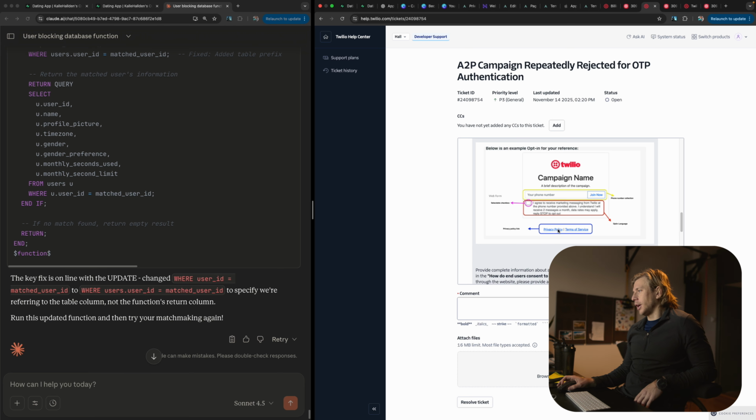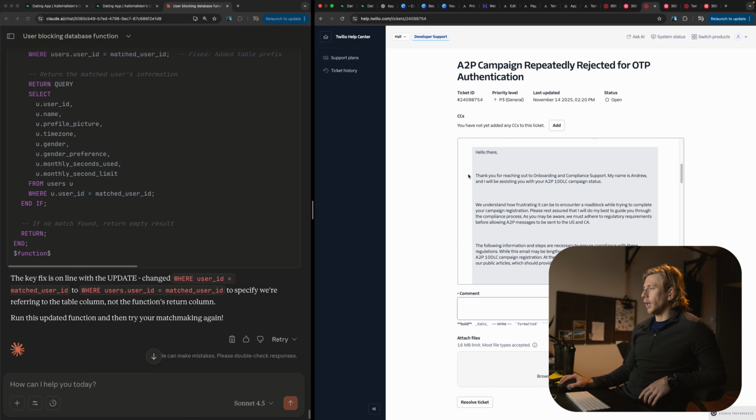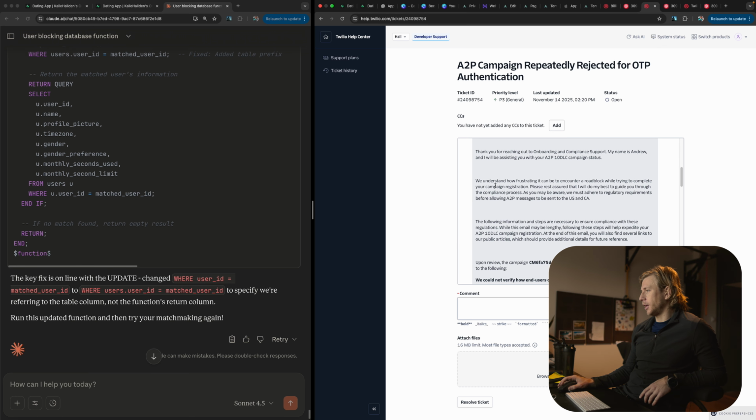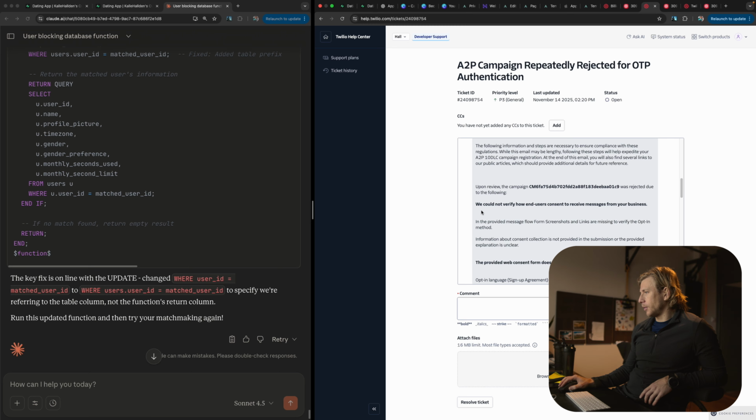So here's the response that I got from Twilio. Hello there, thank you for reaching out. We understand how frustrating it can be. We cannot verify how end users opt in. In the provided message flow, screenshots and links are missing to verify the opt-in method.